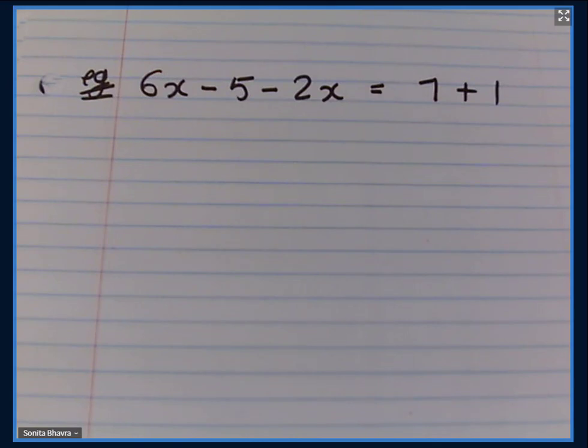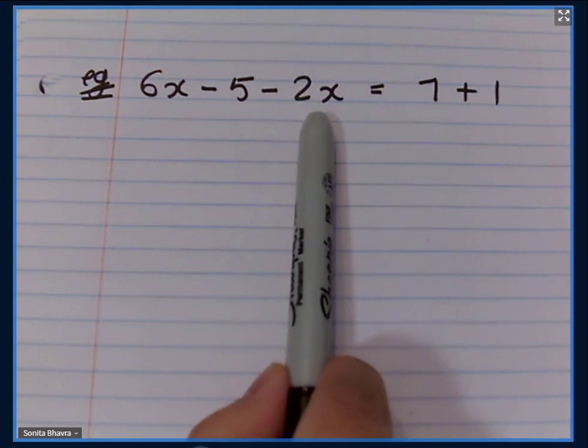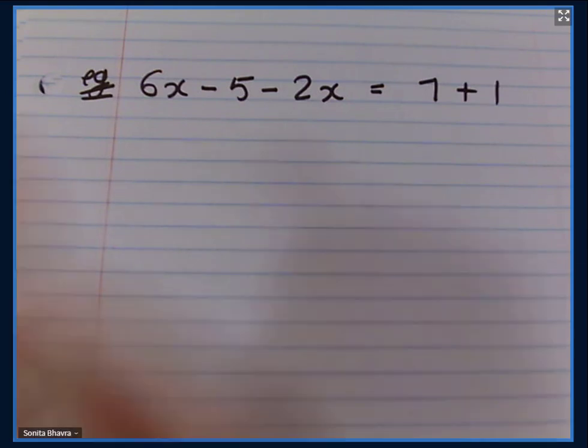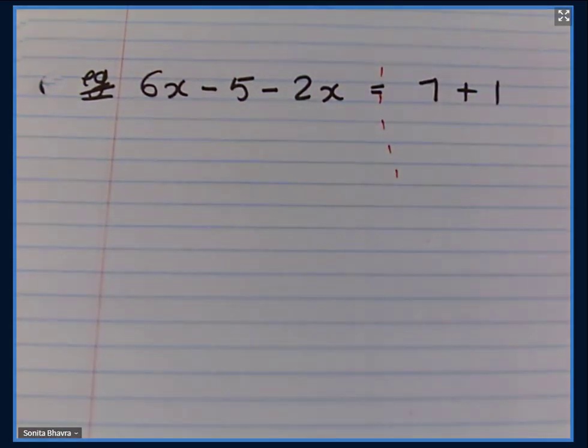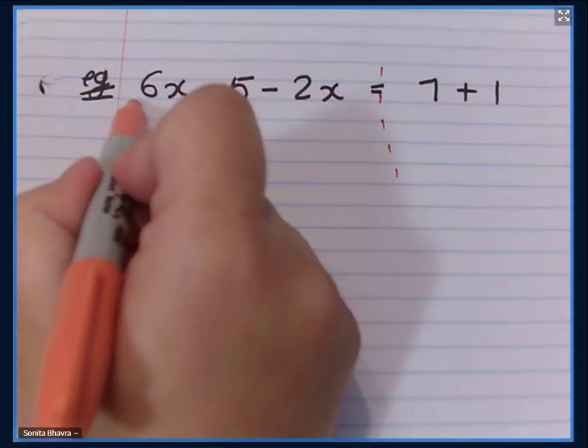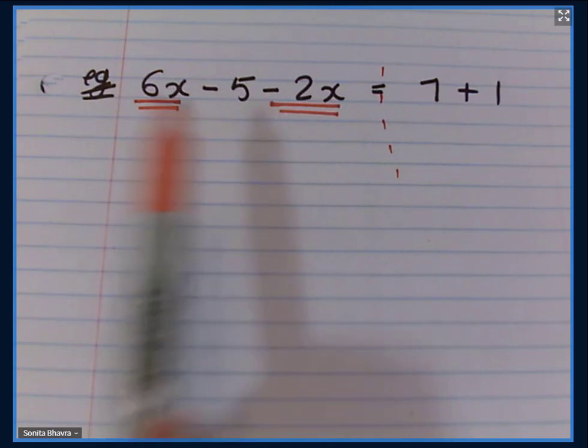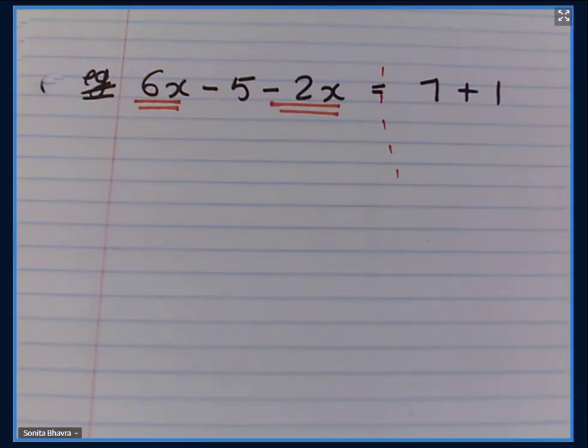Okay, next example, we have 6x minus 5 and then minus 2x, and it's equal to 7 plus 1. Look at the left side of the equal sign first, and we can collect our like terms. We have 6x and minus 2x that we can collect together. Make sure you take the sign in front of the term. You can think of it as 6x minus 2x, or as 6x plus negative 2x. It's the same thing. So we end up with 4x